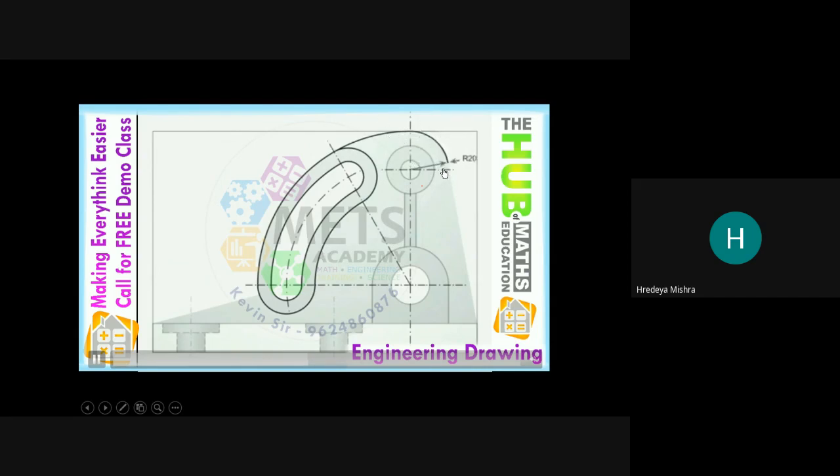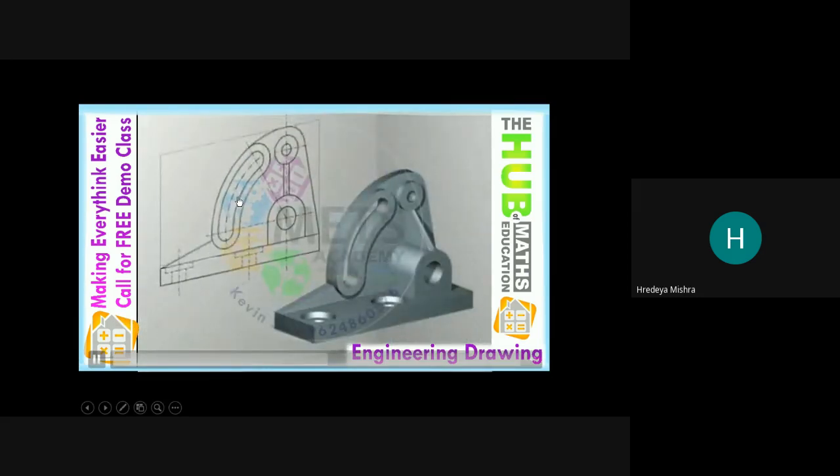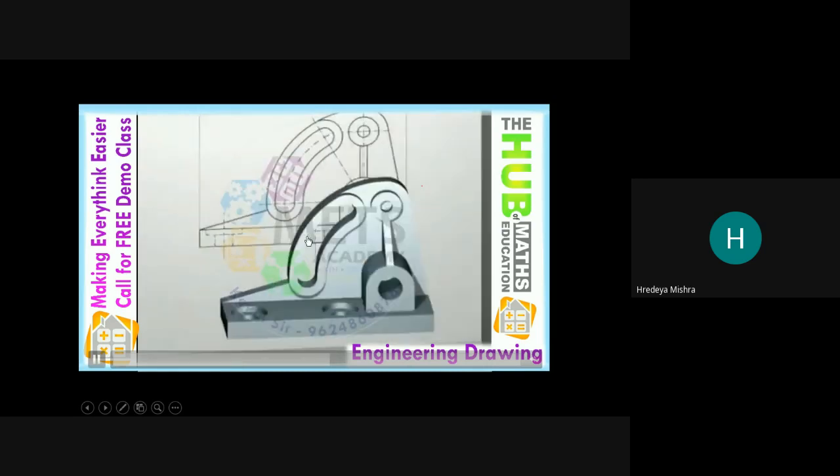Now what about this R? This is the 20 R, and we can make the outer closing now. 15-degree from this point. So we get our front view.